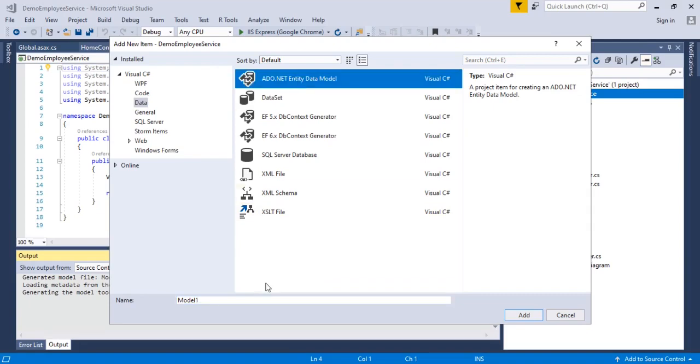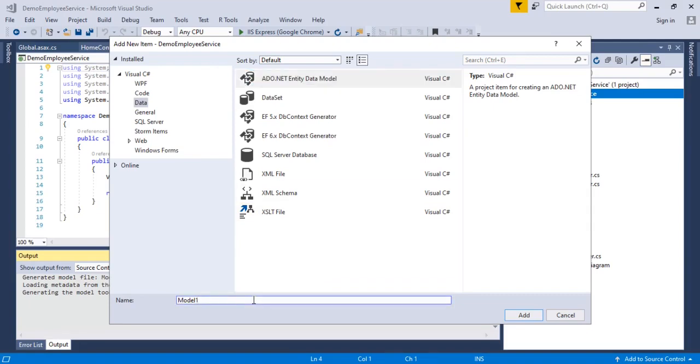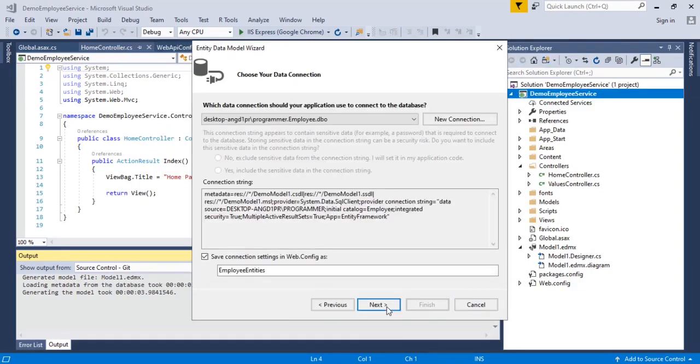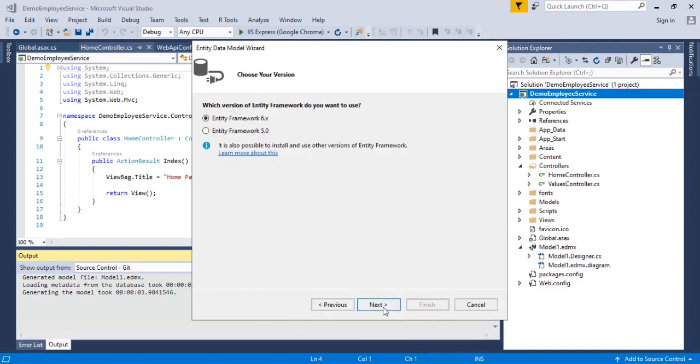ADO.NET Entity Data Model. Okay, one second. Entity Data Model. I'm giving demo model 1. And Entity Framework designer from database, employee entities. Demo employee entities. Next.